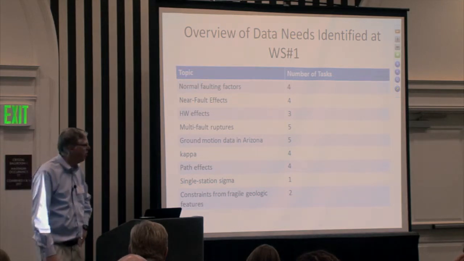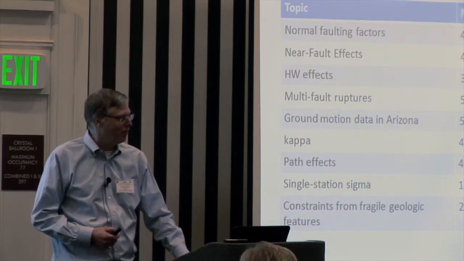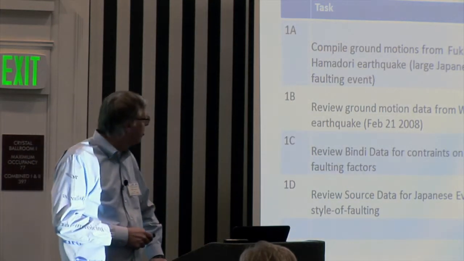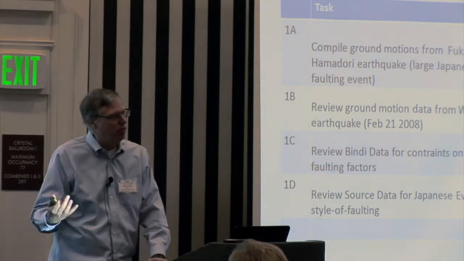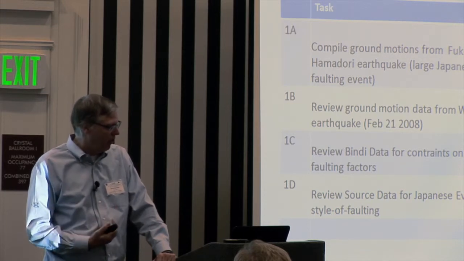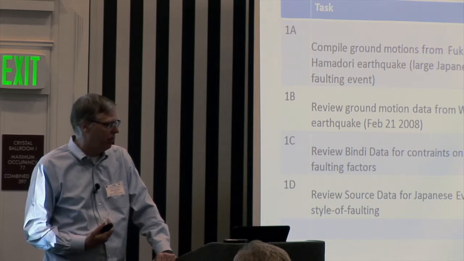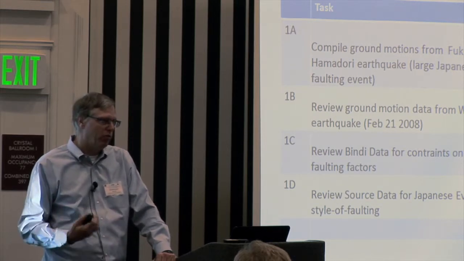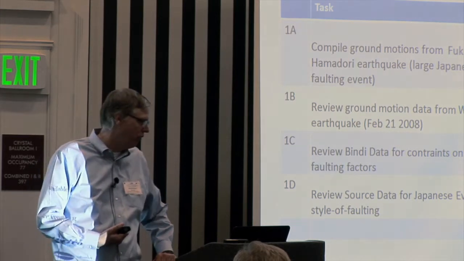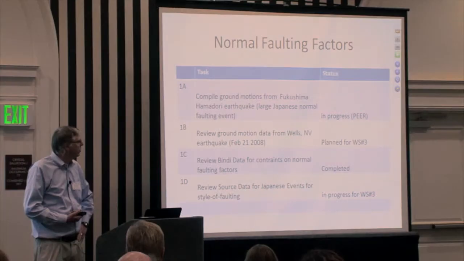So I'm going to run through them all. These should be familiar to you if you were here in March. This should all at least start to sound like something you've heard before. So, normal faulting factors. This is important for Palo Verde. This isn't a Diablo Canyon problem, but for Palo Verde normal faults, as you'll see, will have an important contribution to the hazard. That's a part of the ground motion model that is not nearly as well constrained as the strike slip or the reverse parts due to a much smaller data set available for normal faulting earthquakes